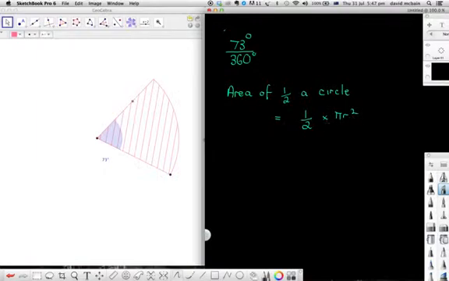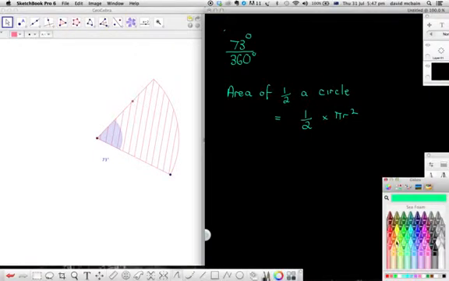So that's how we'd work out the area of half a circle. Well, in this case, what have we got? We haven't got half a circle. We haven't even got a quarter of a circle. We've got a bit less than a quarter of a circle. In fact, it's 73/360ths of a circle. And so to work out the area of this sector,